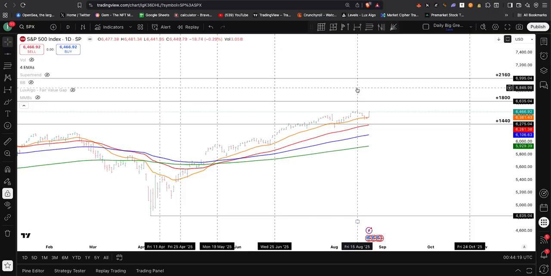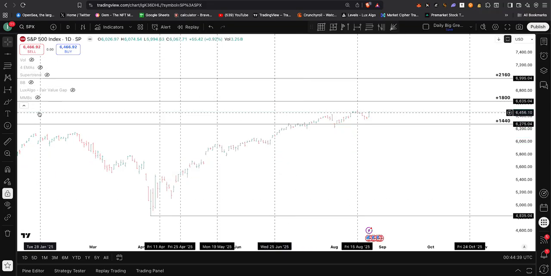So what I have here is the SPX, and it's a daily chart. I have the EMAs and some key dates. I'm going to say just dates and some angled targets, I guess if you want to call it that. It's a form of GAN. So I'm going to turn off the EMAs right now, and I'm just going to go over what I have